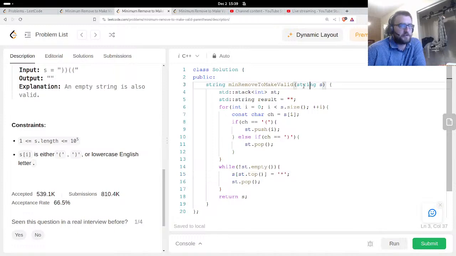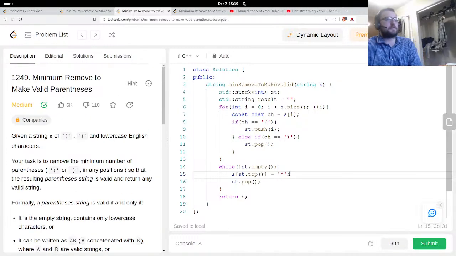You could also rewrite the string to use optionals instead of using a custom sentinel value, like a special value. But in this case, it's easy to do this. Sometimes it's not that easy. So you could use an array of optional characters. Anyway, so while the stack is not empty, I'm going to write these characters in, and otherwise, I think,